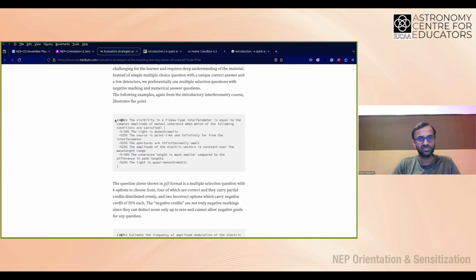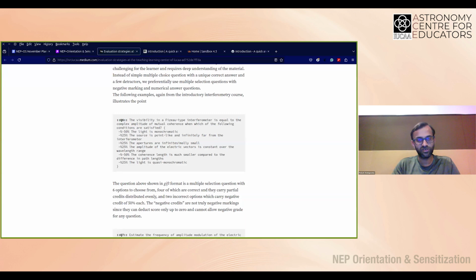This is how you can set up questions in a text format, using a markup which the Moodle platform can recognize. It's called the GIFT format, where you set up the question and answers. You can give the grading that you associate with each correct or incorrect answer using these symbols.